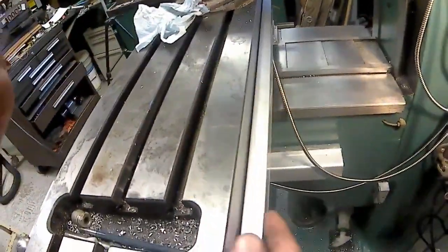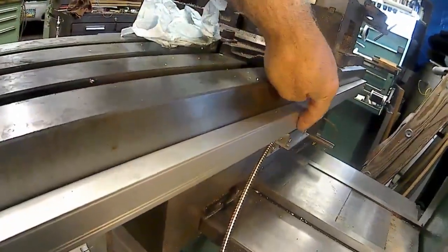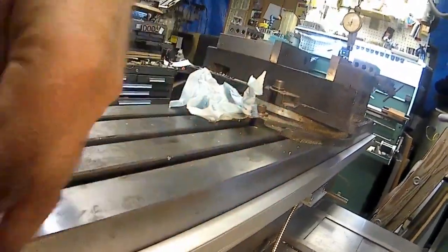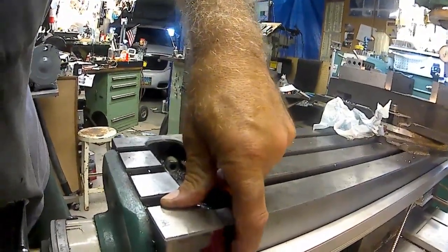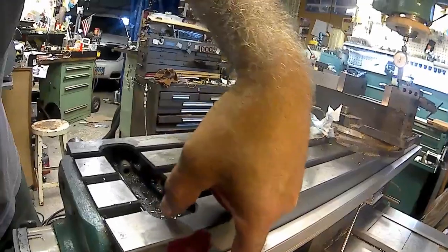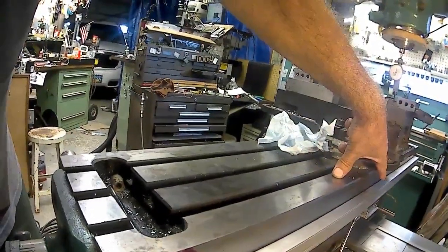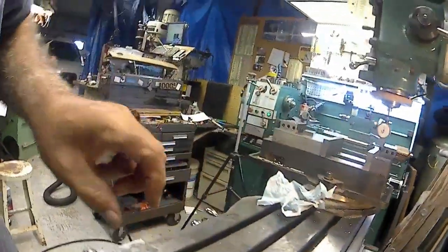Got my x-axis all mounted up, and got the screws drilled and got everything dialed in, and I ended up having to put 31,000 shim under this side. Their extrusion too runs 0 over here, drops about 8 to 9 thou, and then back to about 2 thou down the other end. So